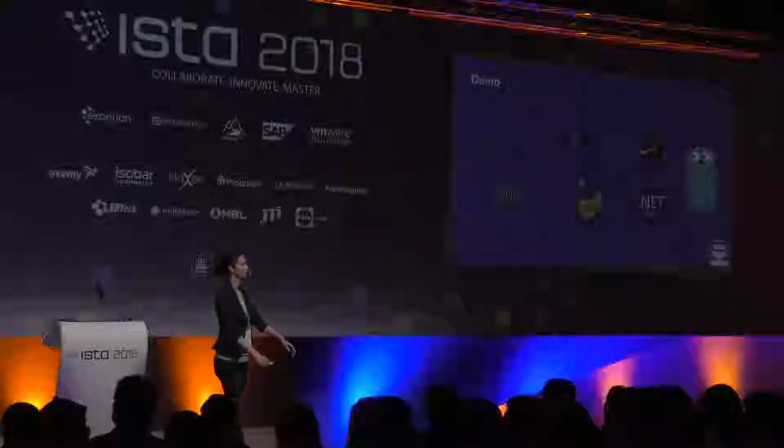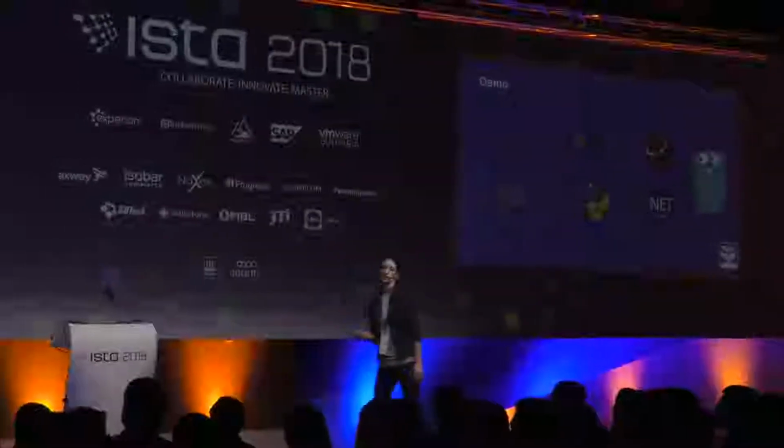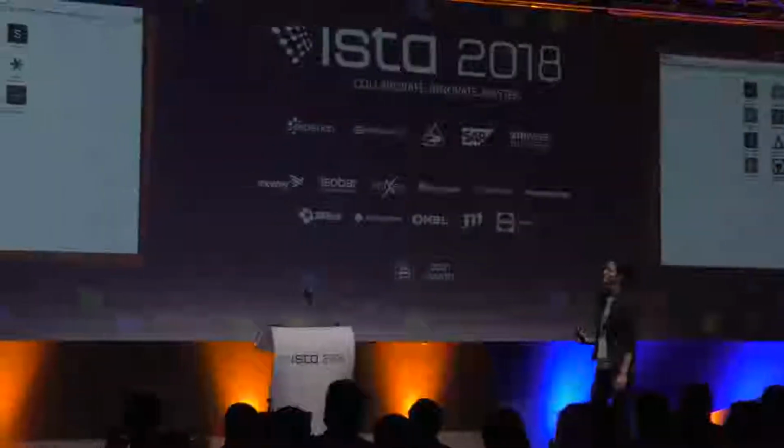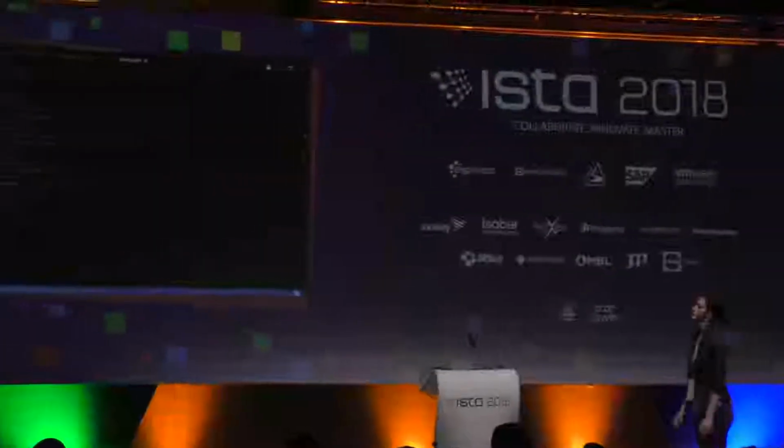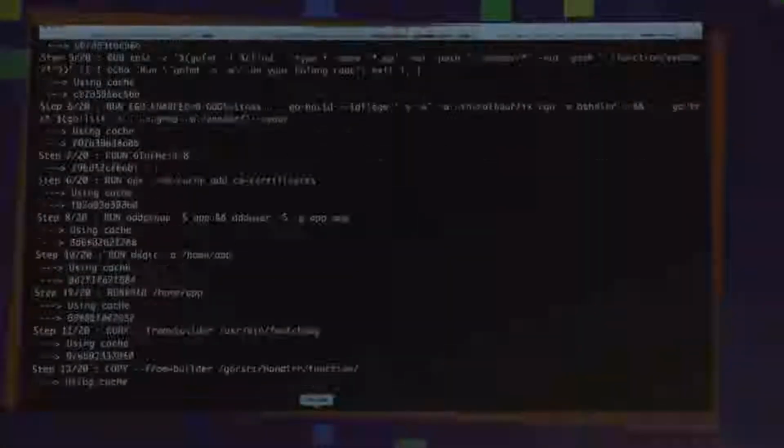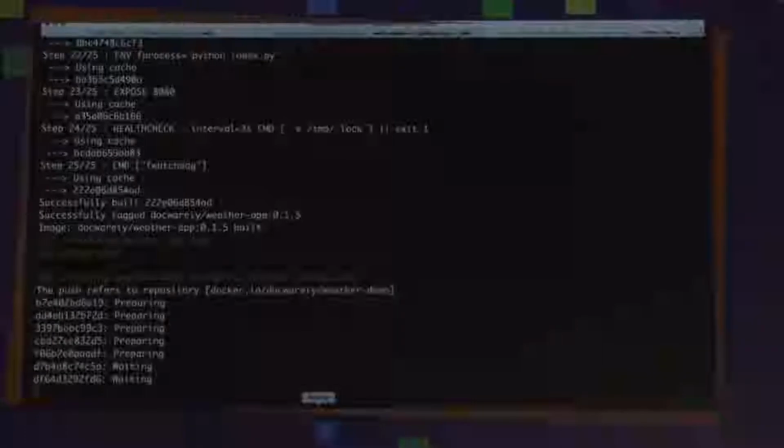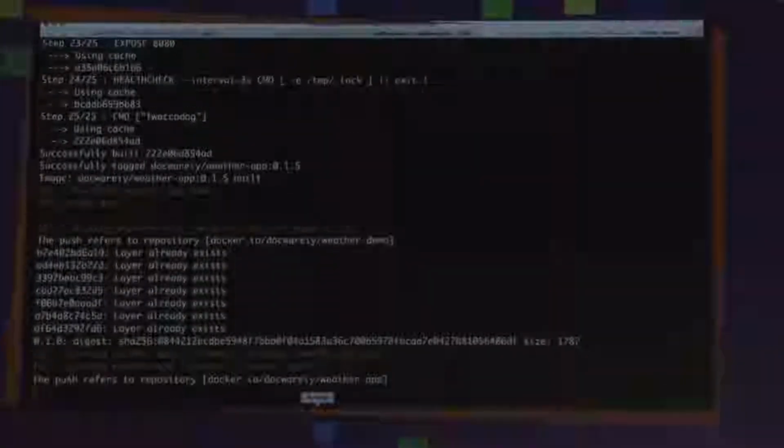And here it's now time for a demo. I'll show you how you can create and run your function. This is a stack.yaml file that has two functions defined in it, weather demo and weather app, with listed images. This is the code. You don't need to read the code. I'm just showing it. And later I'm going to explain what the functions do. And if we go to the terminal, then you can see we just write fast up. And our functions listed in the stack.yaml file are now built and deployed.